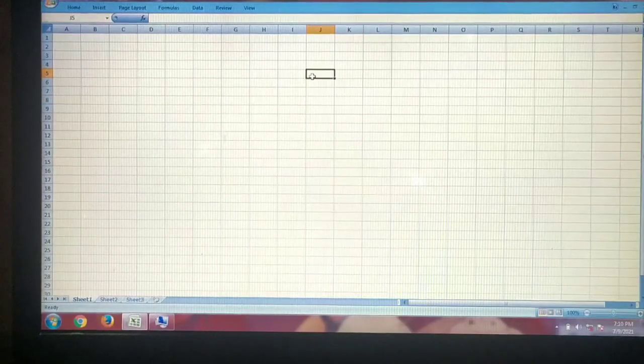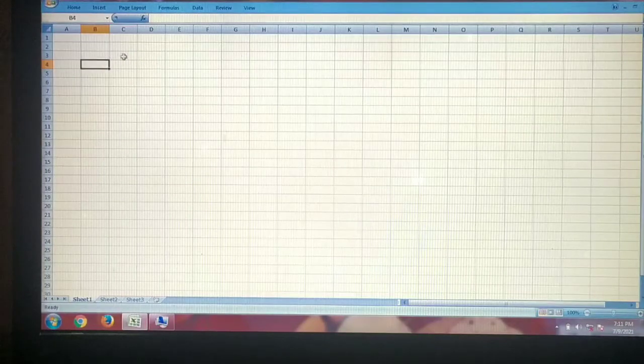Always we should write the column heading first, then only the row heading, which means first we should write the alphabet, then only the number. If we are reading the cell address as 4D, that is wrong. Always refer to the cell address as the alphanumeric value, which means alphabet first, then only the numeric value.